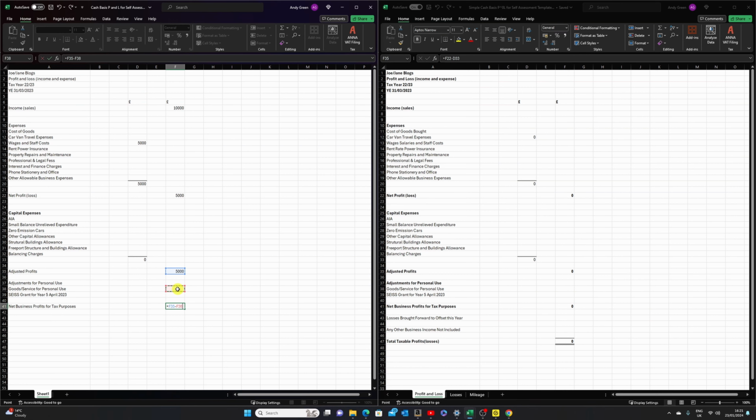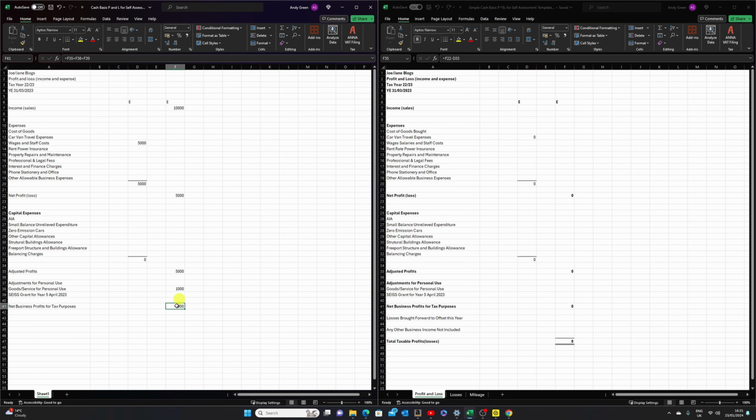So once you've got that, you hit add and then you click on that square there and then you press enter. So for argument's sake, let's say you took £1,000 of goods for personal use. You would see that actually, sorry, that's incorrect. You'd be adding that,